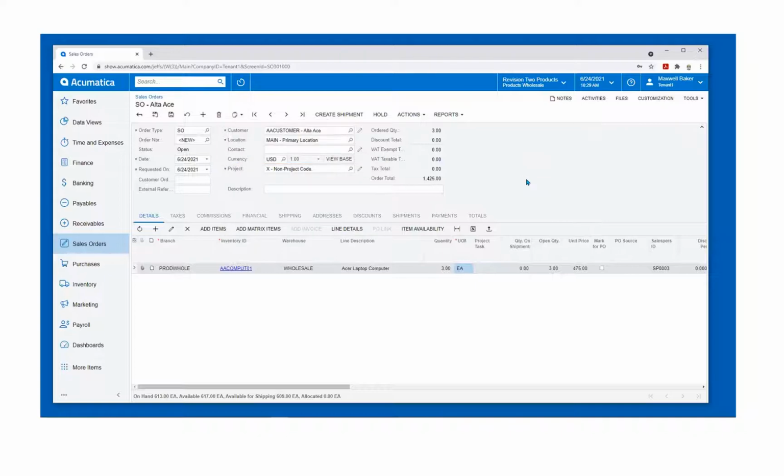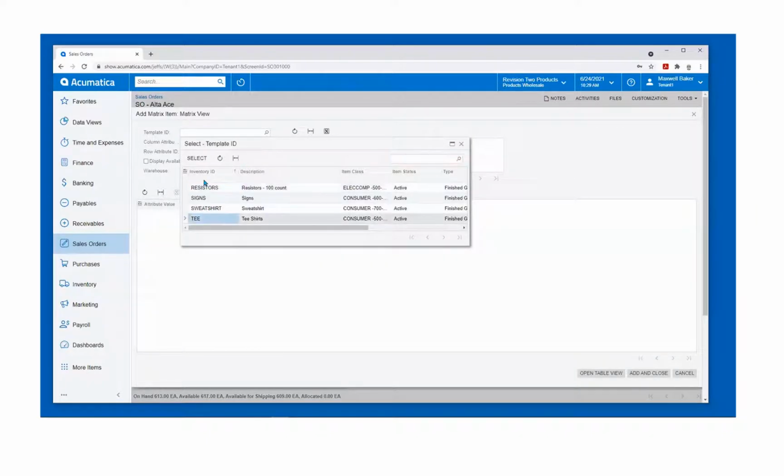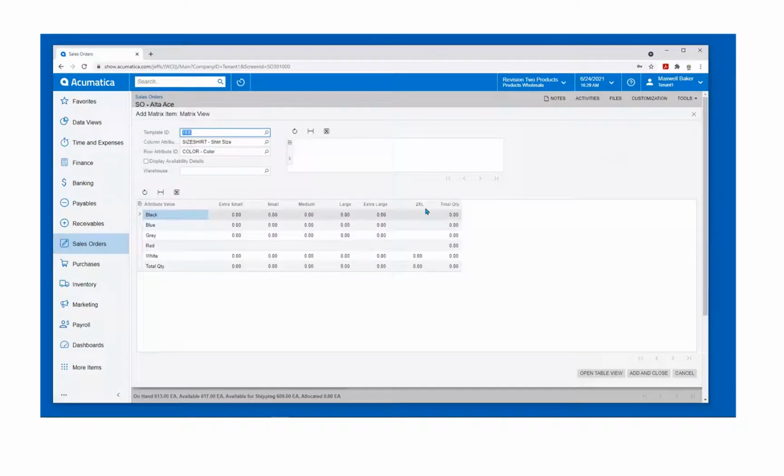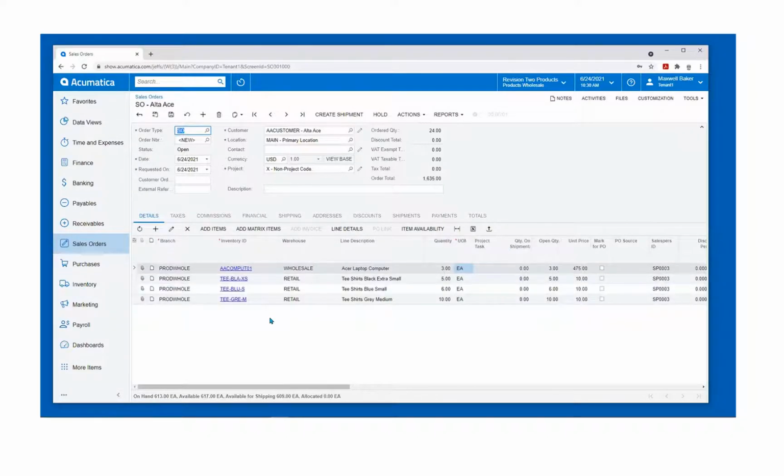Another neat feature is I have t-shirts in my inventory, and those t-shirts come in multiple sizes and multiple colors. Instead of adding them all one at a time, I can just use this tool right here to say, well, I'm looking to add like 5 black extra small, and 6 blue small, and 10 medium grays, for example. Then I can click add and close, and at one time it builds my data in the grid here based off of those entries I made. Again, helping me be a little bit more efficient with my day,